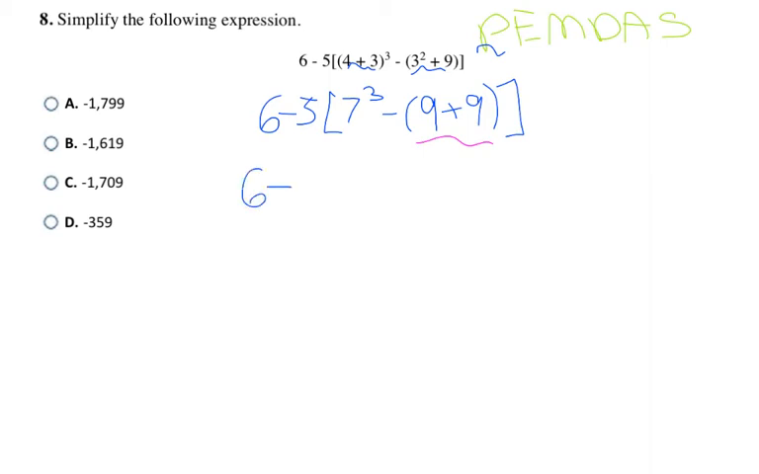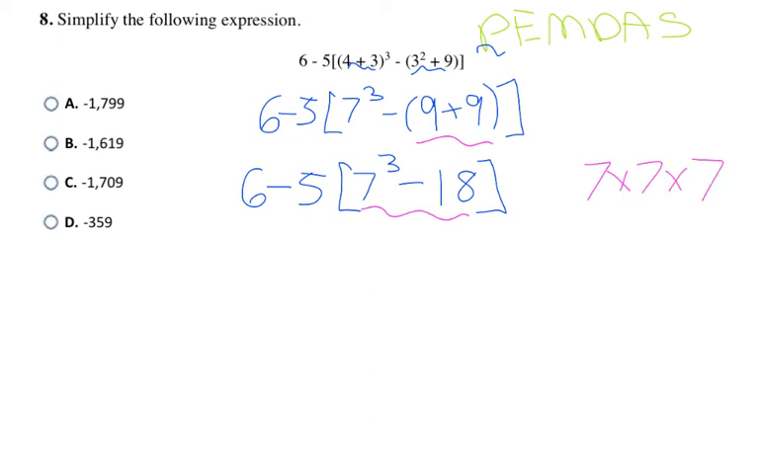So I'm going to have 6 minus 5 times the bracket, 7 cubed minus 18. And then I end the bracket. So I'm still working on those parentheses. And so when I look in this parentheses, I have an exponent and I have subtraction. So I do exponents before subtraction. So I'm going to work on that exponent first. And 7 cubed means 7 times itself 3 times. So 7 times 7 is 49. And 49 times 7 is